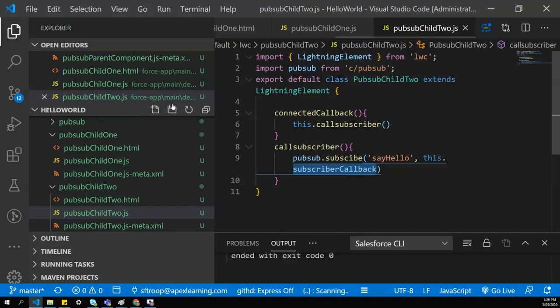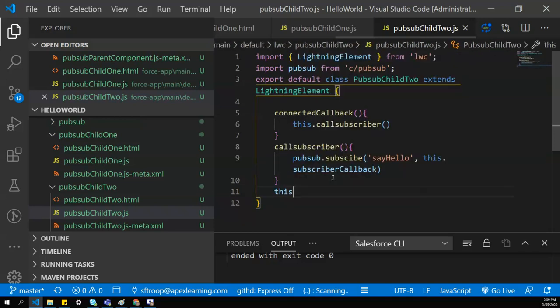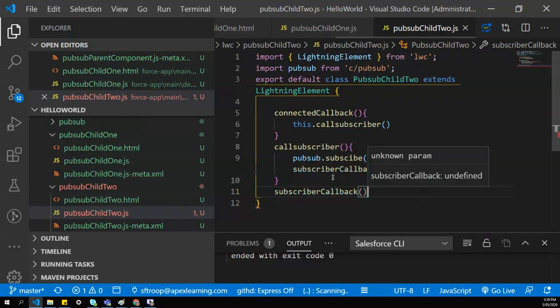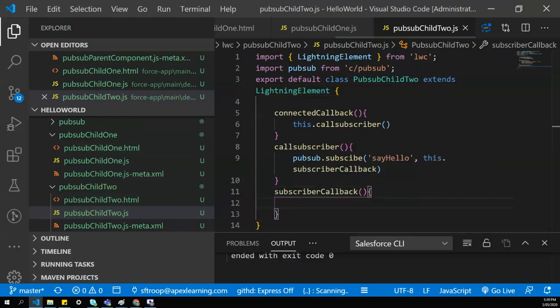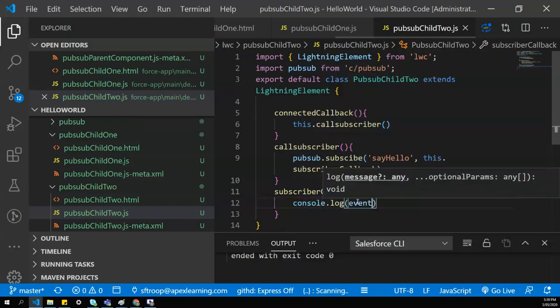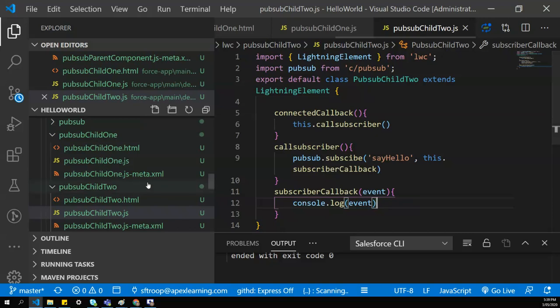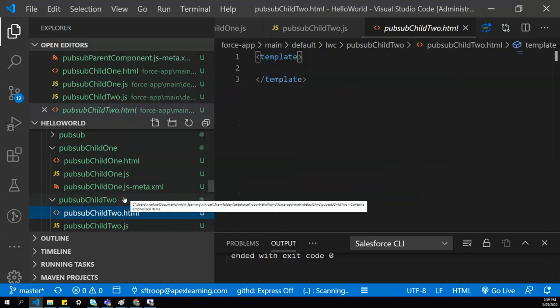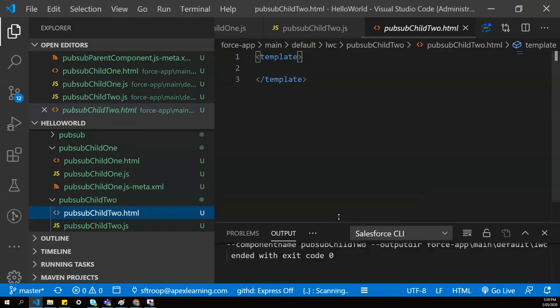Once that event is triggered from component 1, it will be listened to by this method, because the event names are the same, and it automatically calls this callback. So let's create this callback method and print the data that is coming from the event.